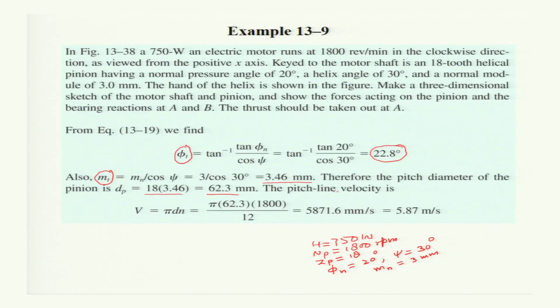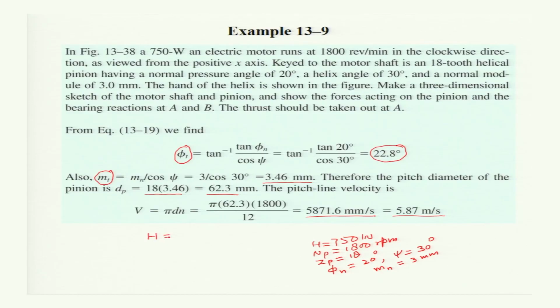The pitch line velocity is pi dn, where n is in RPS and d is the pitch diameter we have determined here. It comes to 5.87 meter per second. Knowing this pitch line velocity, we will have